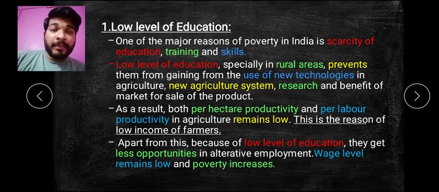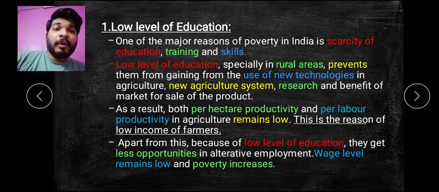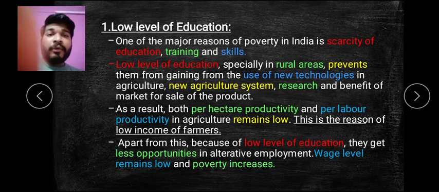If many people go there, it means there will be increasing competition. Again, when there is an increase in competition you find that the wages become lower and lower. Meaning, more people went into agriculture, so competition increased there, and because of competition the income earned is less. They have to keep a lower market price, and again the farmer earns a lesser amount of income and our poverty has increased. So this is all about the low level of education. The main reason is that from the beginning we find that education, training and skills have been lacking in India. Then after you find that our farmers have not adopted.